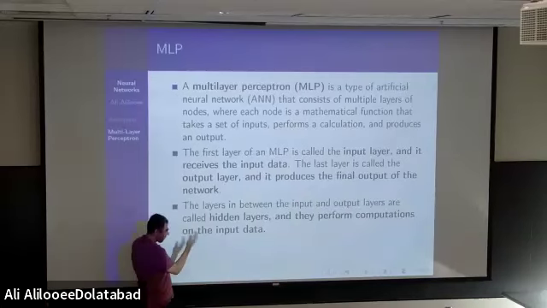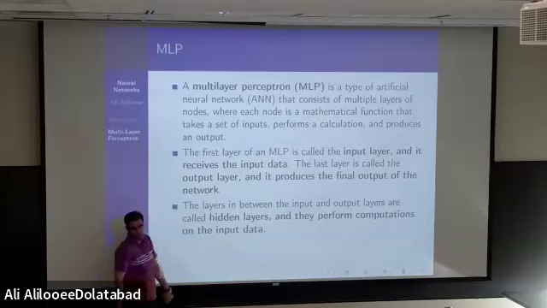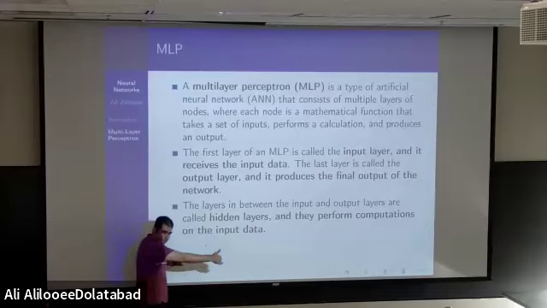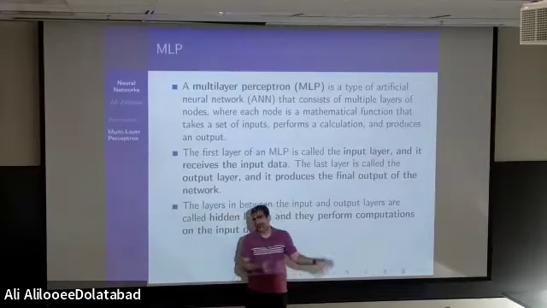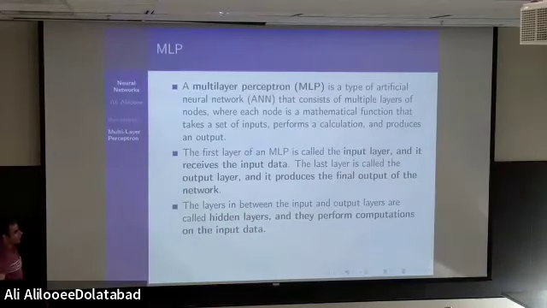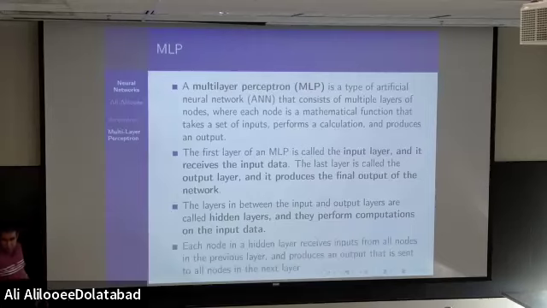Okay, so the layers that we have in between, as we explained before, are called hidden layers, and they perform computation on the input data. It means you start with input values, then input values will be sent to the hidden layer. We can have multiple hidden layers, and after that, this information will be sent to the output layer, and in the output layer, we will get the output values. In the previous example that we had, the input layer consists of just one neuron, but you can have an input layer which consists of more than one neuron, and we will see one example today on Keras.